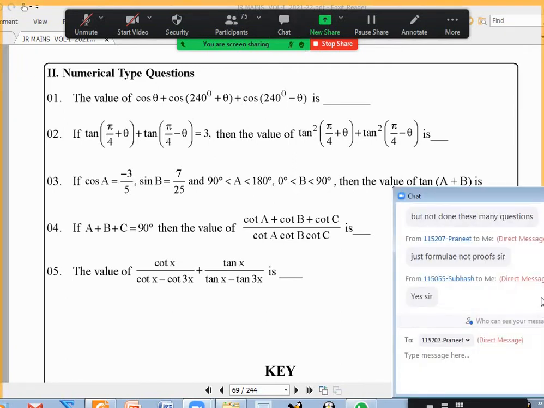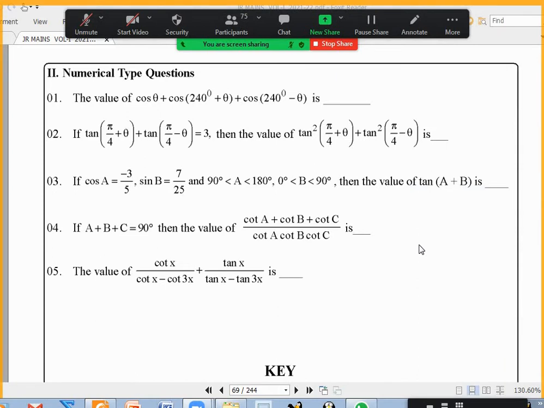Sir, these compound angles have an even number of questions. When should we submit, sir? By Monday we should submit. No, after I clarify doubts only, you have to submit, not before, because few people may have doubts. Sir, meanwhile, can we try submultiple angles, sir? Yeah, if you know the formulas, you can go. I already said that.